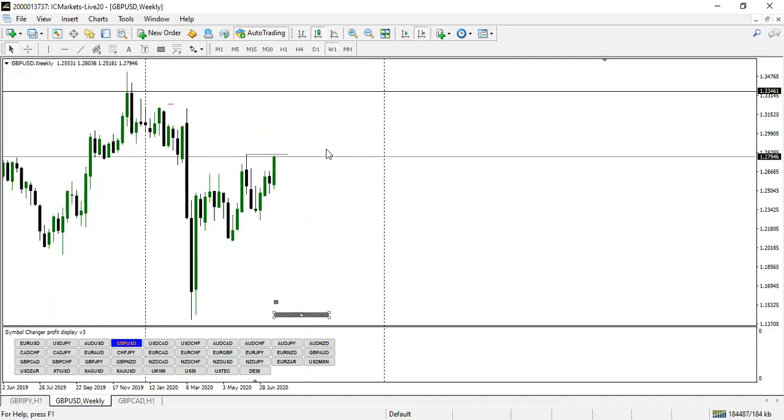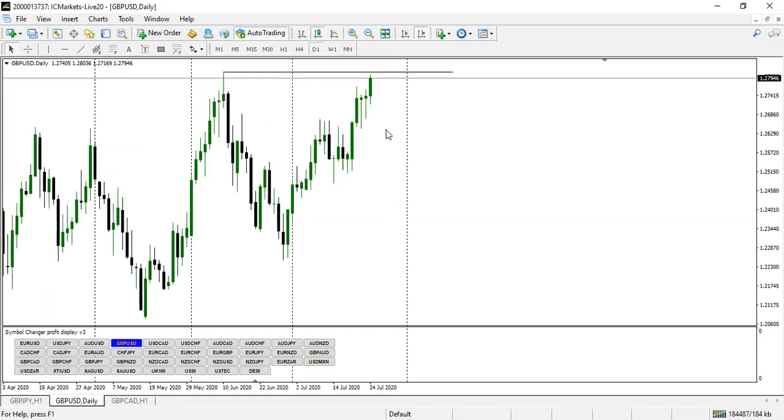Then if we check the weekly time frame, we have that zone also, and the market is actually going, though this is another block that can push this pair down. So we're going to look at that on the 4 hour and 1 hour time frame. So this high should be raided. Then on the daily time frame, we can see that this high should be raided also.